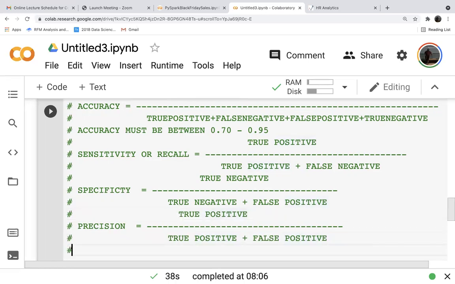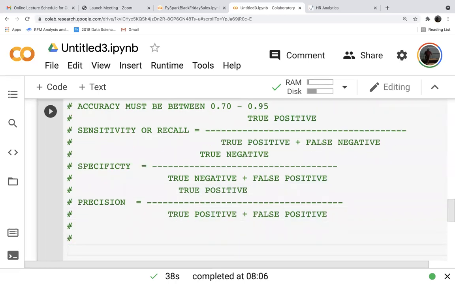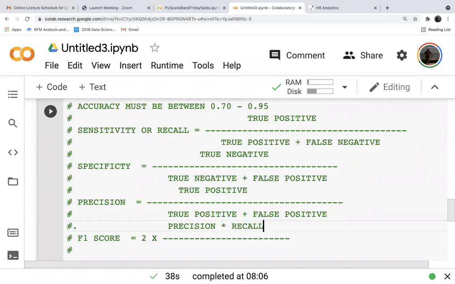Now, the not the latest one, but the most used one these days is the F1 score. F1 score is equal to 2 into precision into recall divided by precision plus recall.